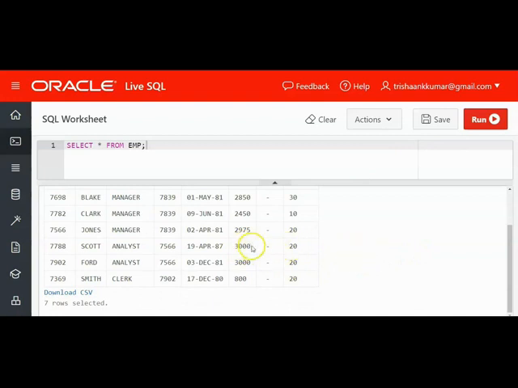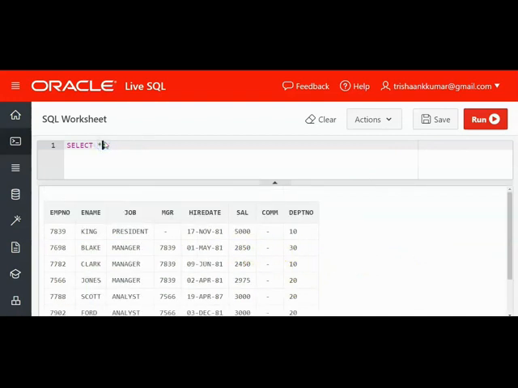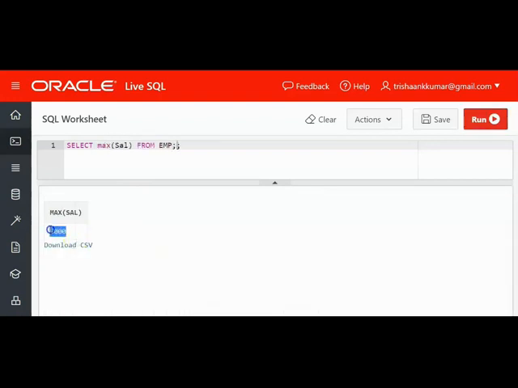Now our requirement is to display the second highest salary. With the help of the max function, select max of sal from EMP, the maximum salary is 5,000. But how can you display the second highest salary, that is 3,000? Remember, this is also the most popularly asked interview question in all technical interviews. So what we can do is first create a result set that is free from the first highest salary. Then if we apply the maximum function after excluding the first highest salary in that result set, the obtained salary will be the second highest salary.